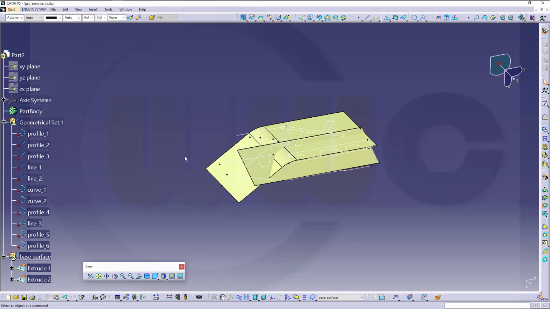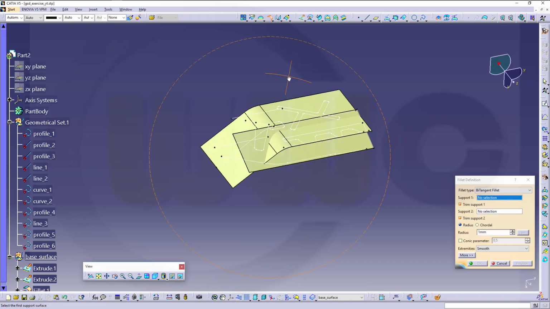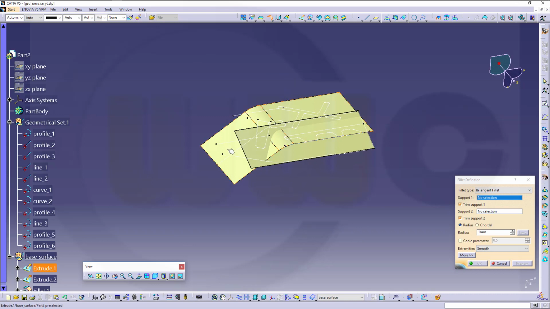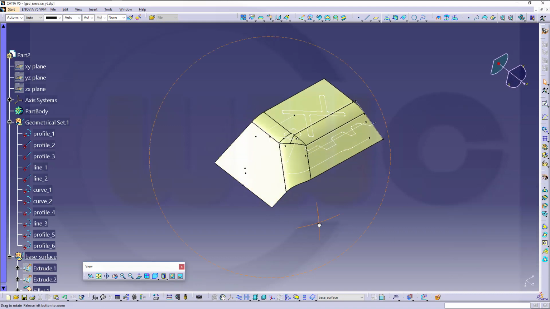Now I want to make a face fillet between those two. So go for the first one, the shape fillet. And I want to use this surface right here. And of course, the support should be trimmed. And the second one would be this one. And the fillet should be like this. So those arrows have to show in the opposite direction like that. And let's go for a radius of 200 and confirm. So it looks like this,